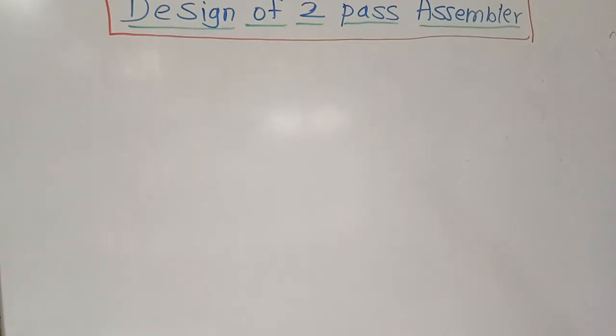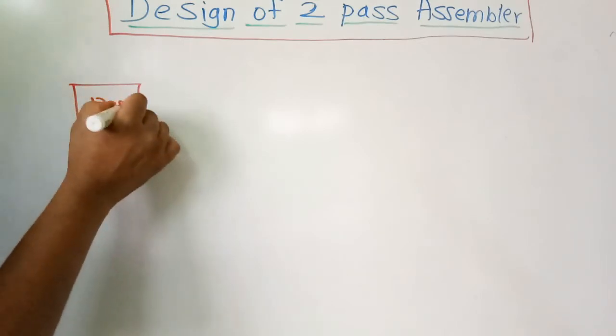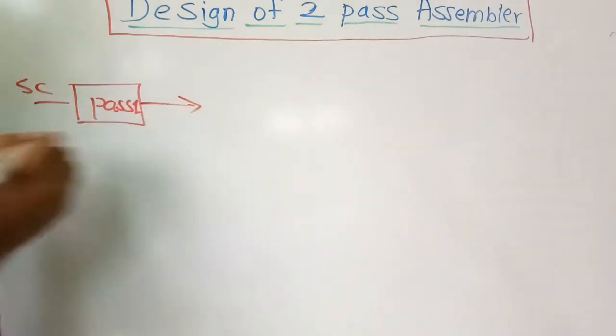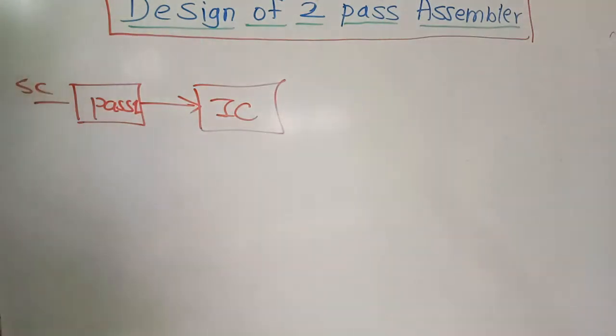Performing a task is nothing but when any data is going through the two passes of the assembler. The first pass will give the intermediate code, and while deriving this intermediate code and giving it to pass two of the assembler, it is providing us the information in the form of these different tables. For example, I will write it in short. It is pass 1, then the source code goes to pass 1. After this pass 1, the intermediate code is generated and it is given to pass 2.